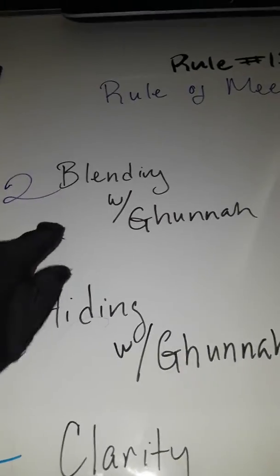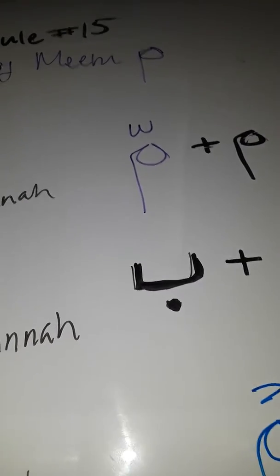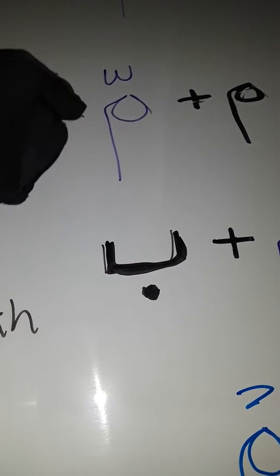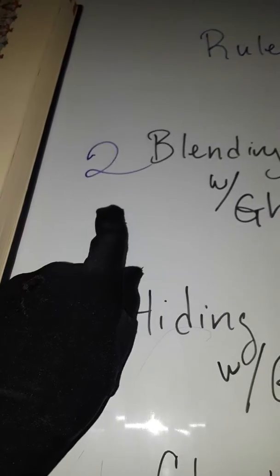The first rule we see is blending with ghunna. The blending with ghunna is just going to have the normal meme at the end of one word, with nothing on it, like I said. Then the beginning of the next word will start with a meme, and it will have a shadda on it. Even if we didn't know exactly what to do, we just see that shadda and go to the shadda. Pronounce it as two, and we do ghunna because it has a shadda on it. So we're always going to do ghunna for two harakat.